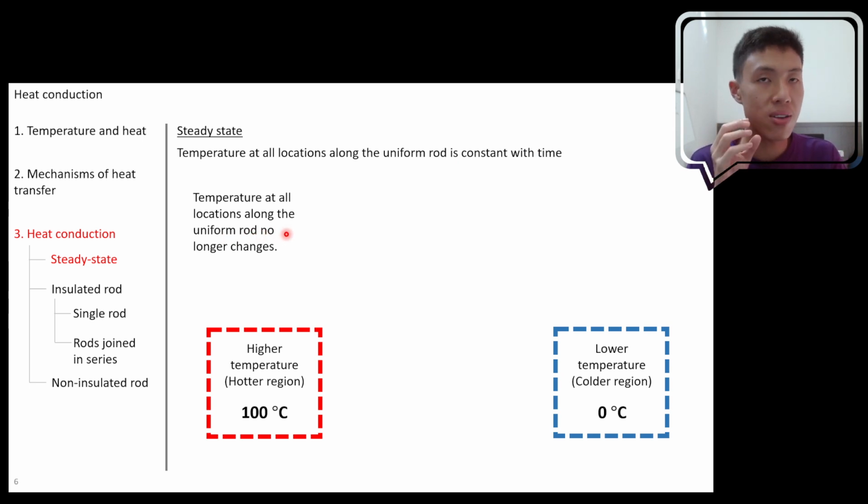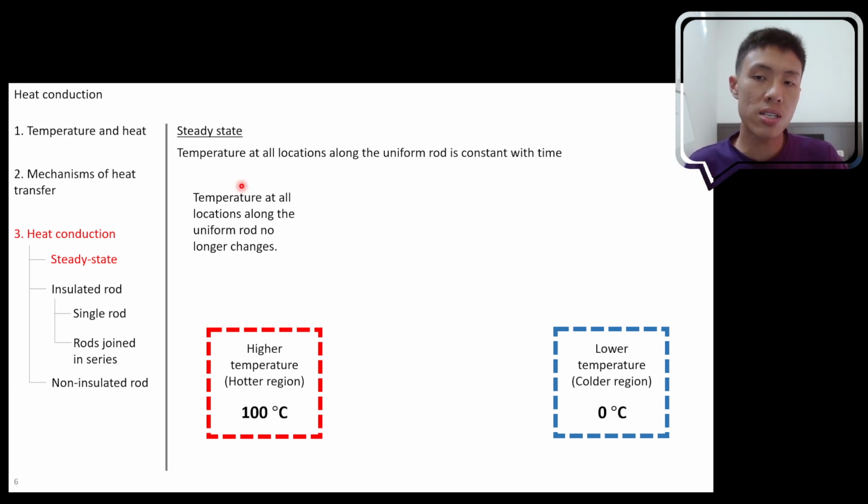So you won't see any rise in temperature, you won't see any drop in temperature at any point on the rod. If something experiences no change in temperature, that means there is no increase or decrease to the internal energy of that location. Every location along the rod stores some internal energy. If the internal energy at a certain position increases, it will cause the temperature to increase, whereas if it decreases, then you experience a drop in temperature.